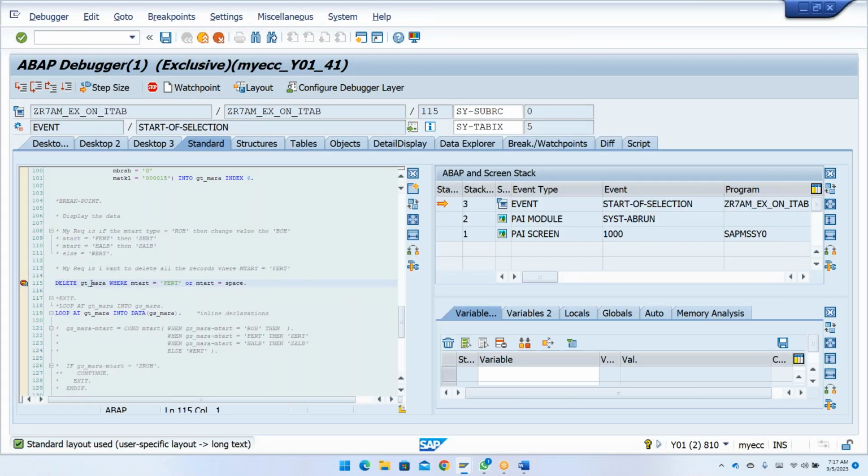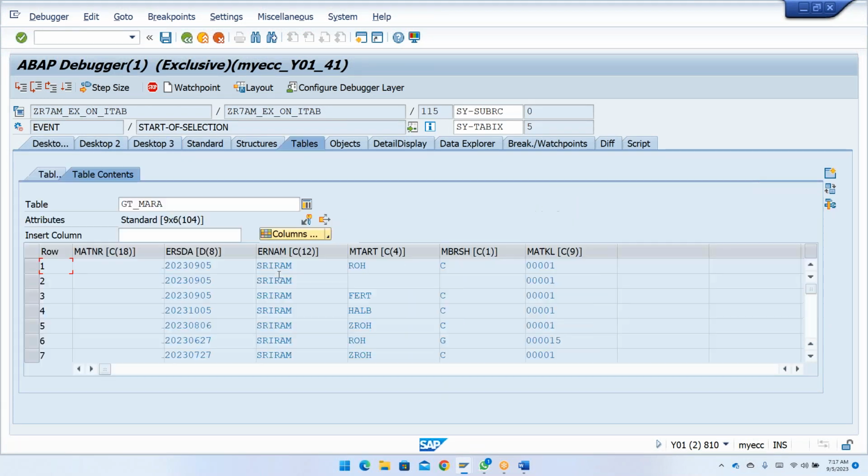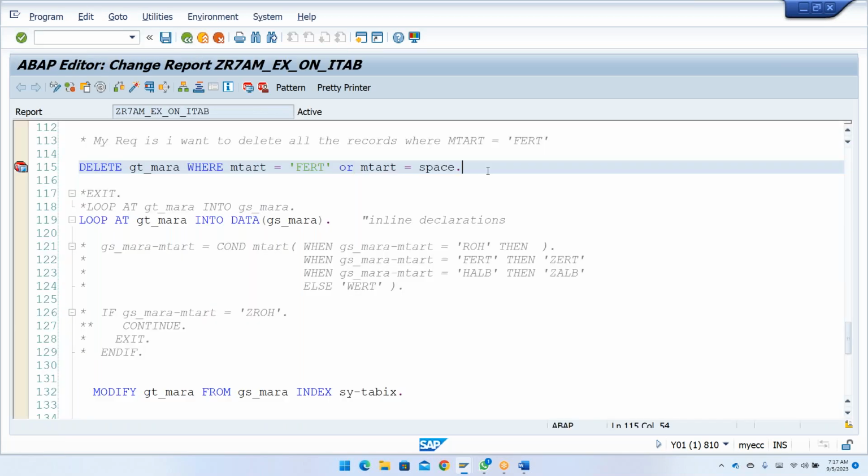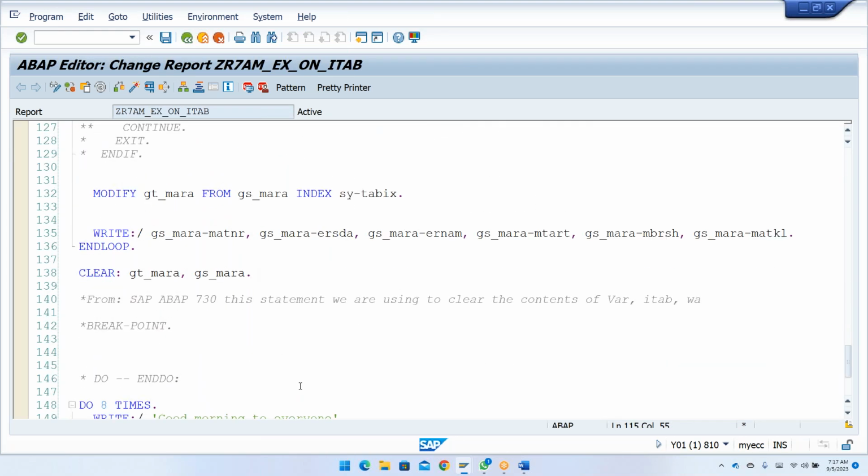Now, if I go here to MARA and press F5, see here, both the records have got deleted. Both the records got deleted, and now it is showing the output without those records. So like this, you can use delete with a WHERE condition. Now, my requirement is